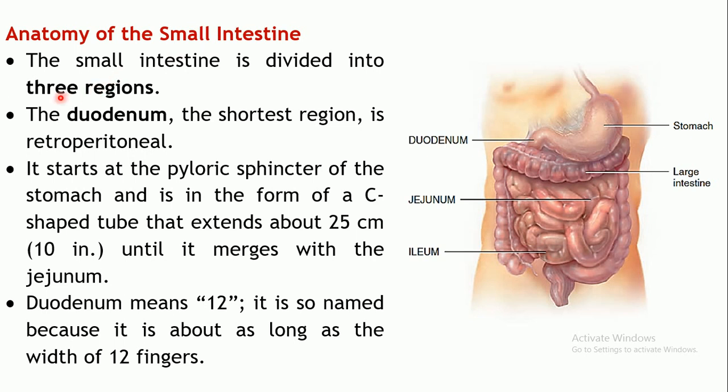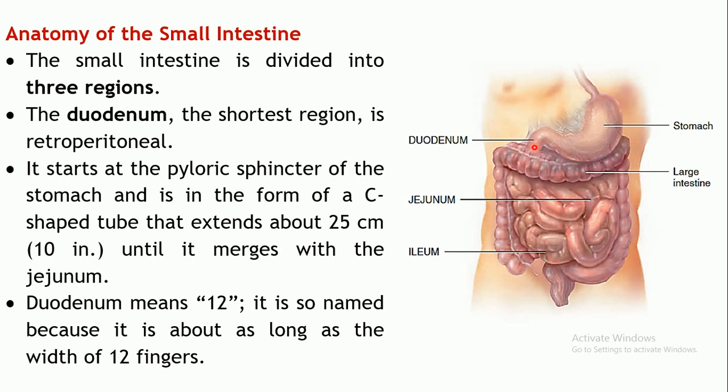Basically it is divided into 3 regions. The starting part is the duodenum, the middle portion is known as jejunum, and the last part is known as ileum. Now it's very difficult to locate these 3 parts separately over here because they are placed in a highly coiled manner, and it is very, very long, 3 meters, you can imagine the length of the small intestine. So it's very difficult to project the 3 different parts exactly. You can see in what coiled fashion it is placed in the abdominal cavity.